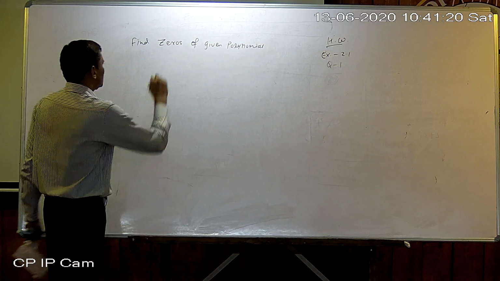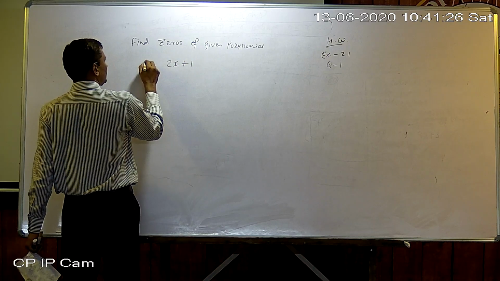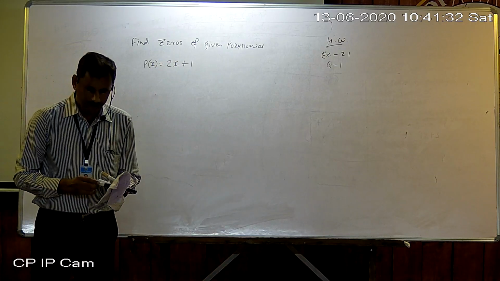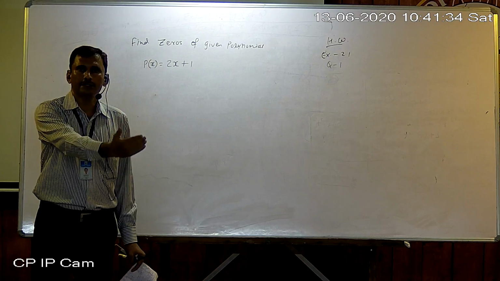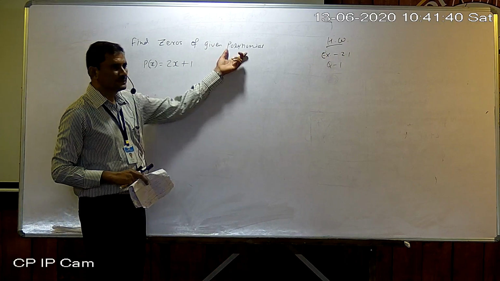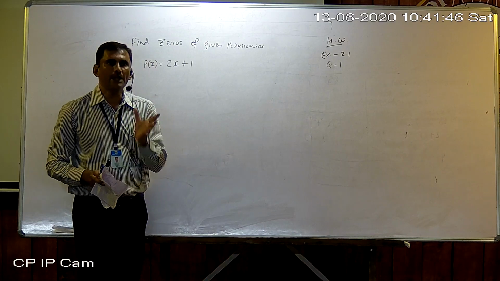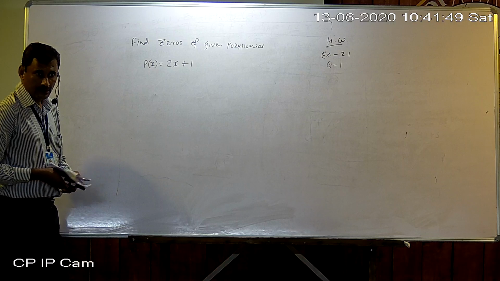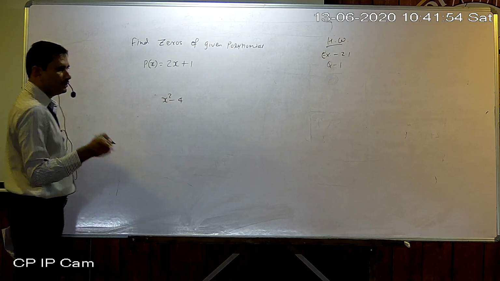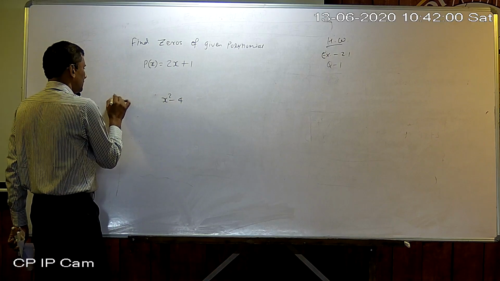Now suppose it is linear, then you can find it very easily. Find the zero of the given polynomial. That is your question. Now what to do? First of all, put 0 against that polynomial, which means make an equation. At this stage I also clarify the difference between polynomial and equation. Polynomial means what? Any one side. Suppose x square minus 4. This is a polynomial. You cannot solve a polynomial, because the right or opposite side is not given.